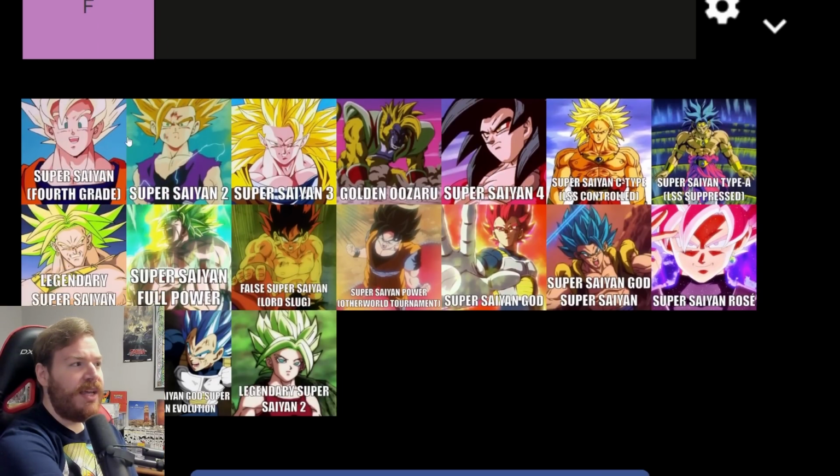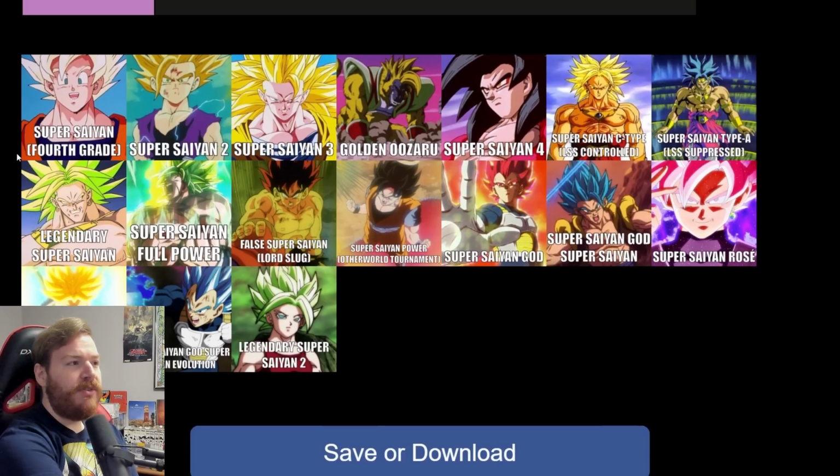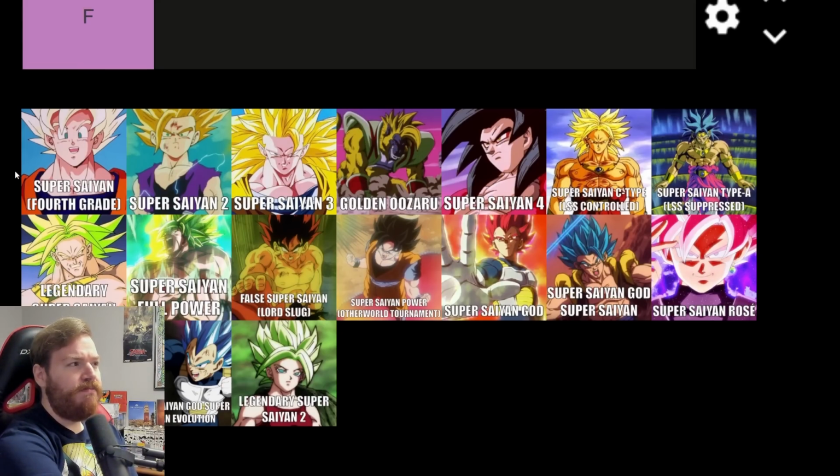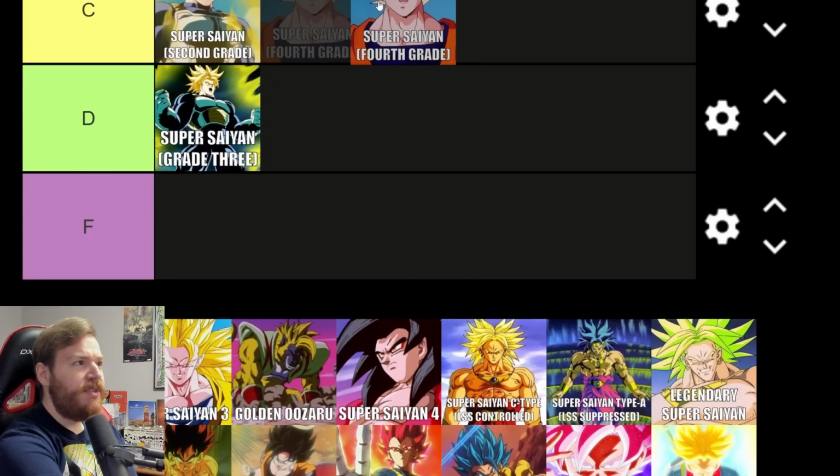For me, I think that it uses up less energy, allows them to suppress their power even more than regular Super Saiyan would, so they could actually use it practically walking around in the form. And also not just that, but they don't waste all the energy of transforming into it that they would have with the previous forms. So for me, I would say that this is pretty much the exact same tier going